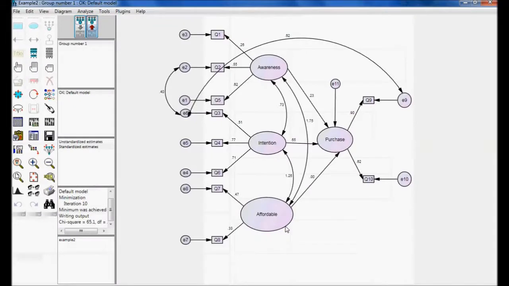But how many modifications can I do? There is a rule of thumb that the maximum we need to do is 3. I already did 2 steps, so I can still do 1. But our model should always be guided by theory. We should not simply add relationships based on modification indices. Always we need to check based on theory only. We need to make these settings and make the model fit.